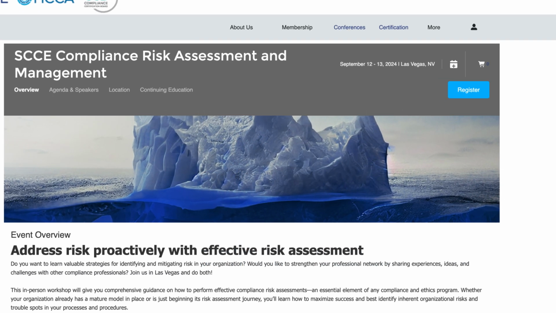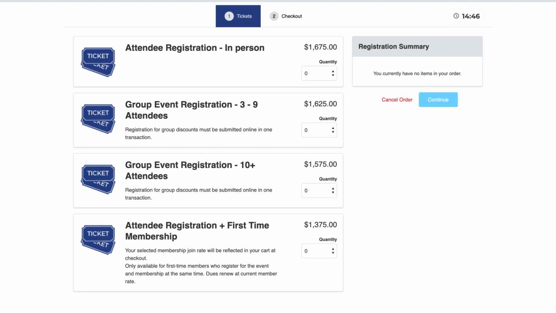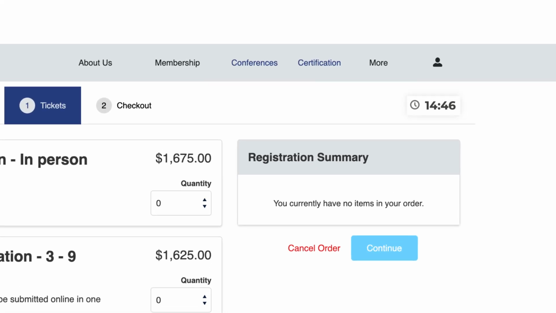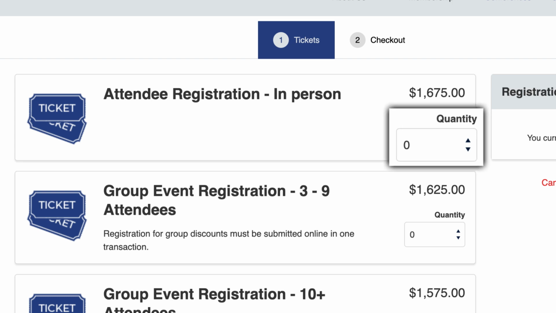Once you are on the events page, click the blue Register button. This brings you to a ticketing page where you can register yourself or others for the event. Please keep in mind that there is a 15-minute time limit on this page. Once you find the ticket type you want, click the quantity you would like in the drop-down next to it,